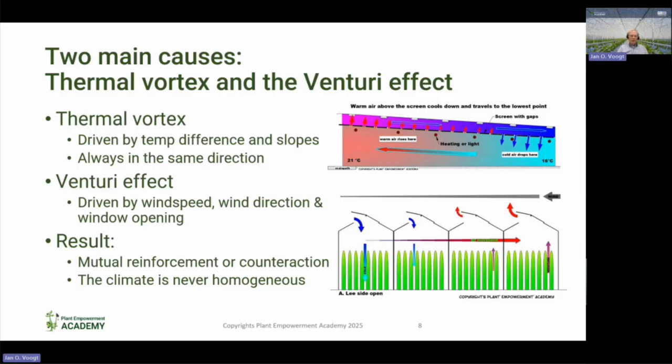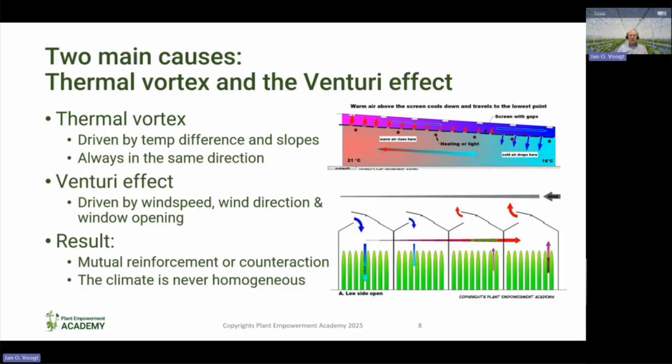And when you grow on slabs, they will also have a slope to make the drainage water flow to the right as well. And we see in this picture there is a screen that is closed, but it has also